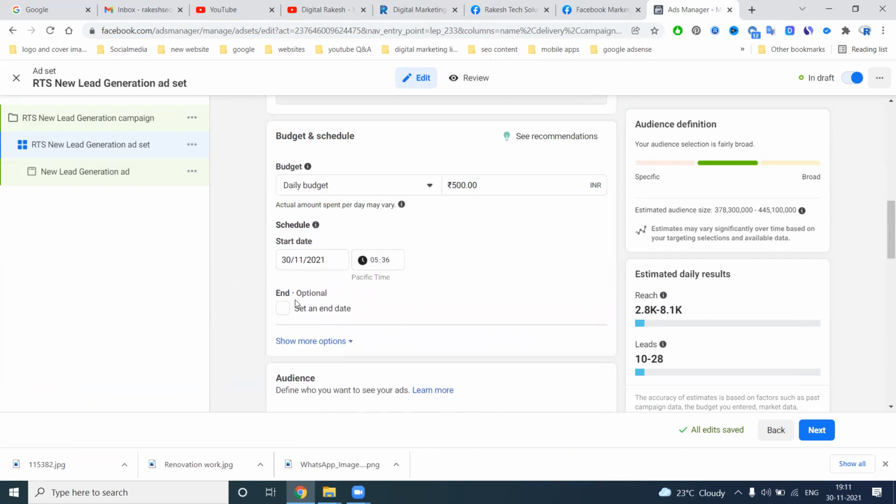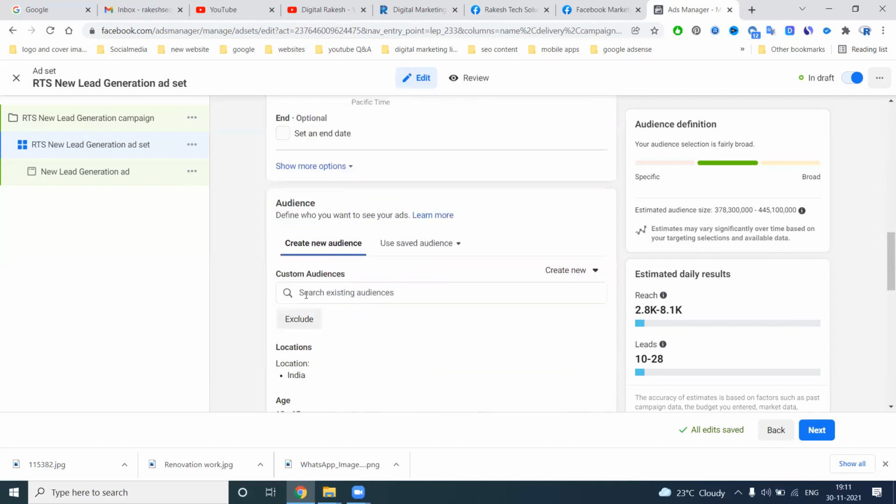Start date. I'm not mentioning a date. What is the reason? This ad can run anytime. Why? Because it is a lead generation form. Suppose I run it for two days and I get 10 leads, I can stop, and after another two days, first I fulfill the 10 leads, then I can go for more leads. So it can run anytime. Suppose the lead ad will only run for two days, then you mention an end date of two days. Depending on the lead ad generation, you can generate by the lead generation ad.